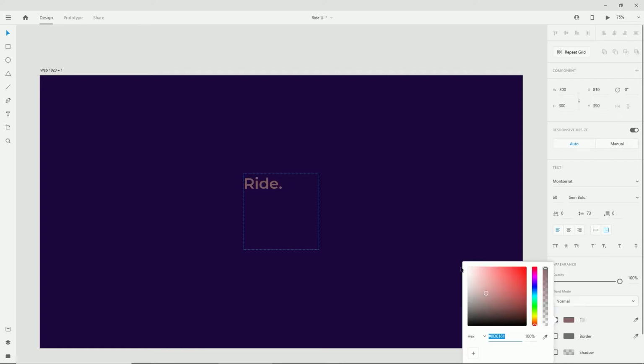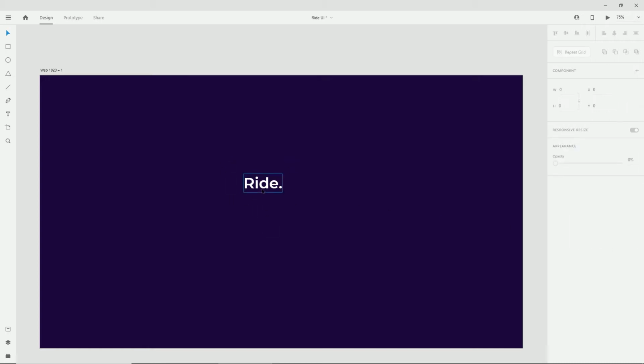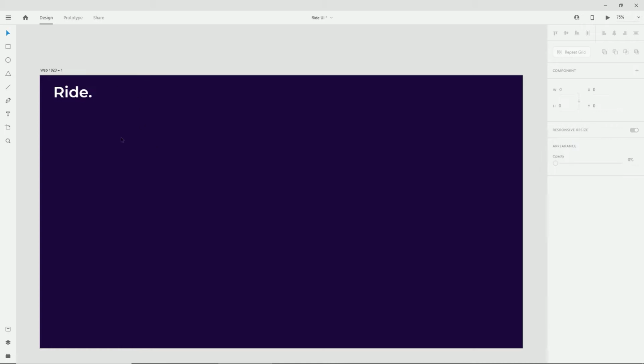I want to make sure that this text is set to the color white. Now that we are done with the logo, I want to make sure that the logo is set to point text so we don't have the area around, so it doesn't get in the way. And if you click the point text, you will see that it's all compact now, and I can just move the logo here on the left side, somewhere on here. I think this looks good.